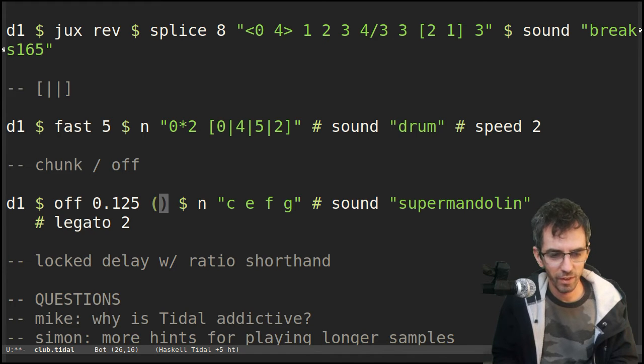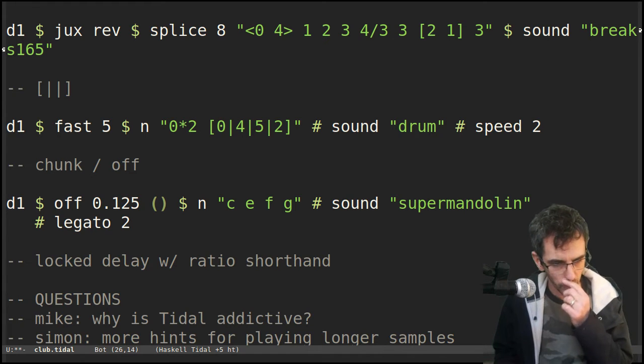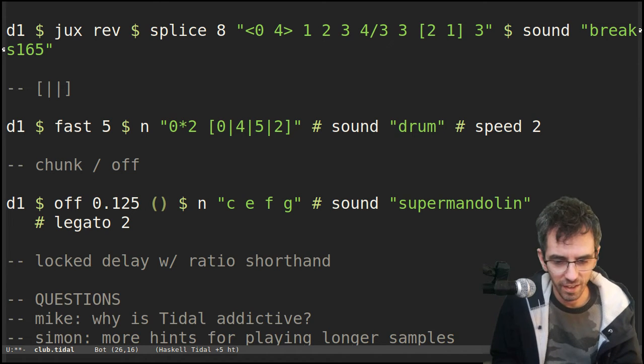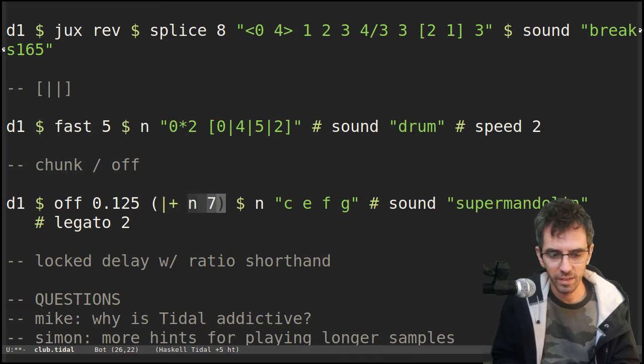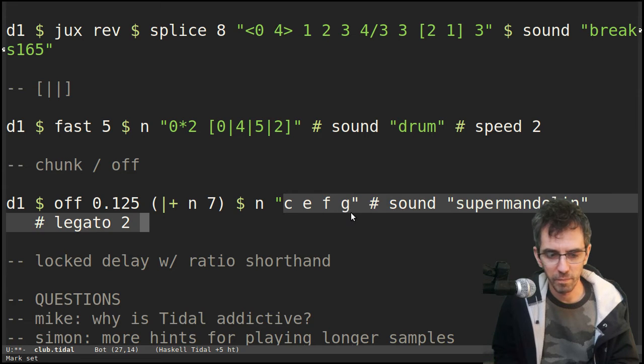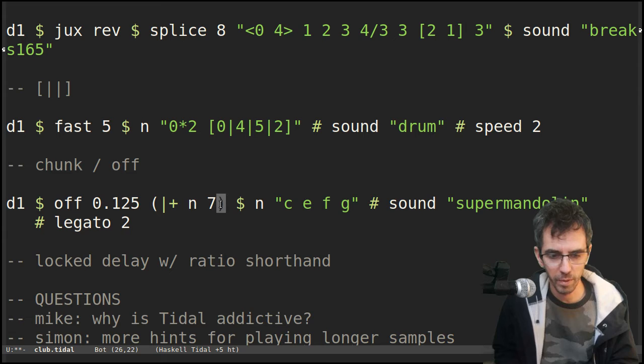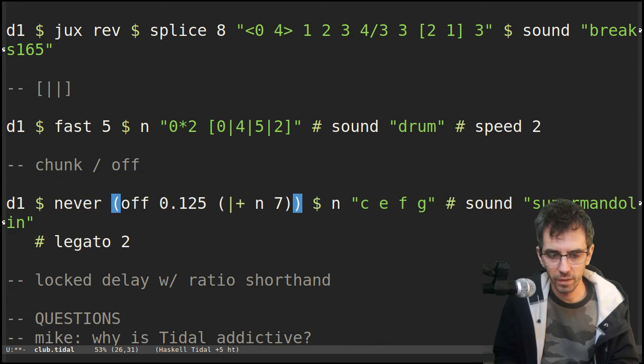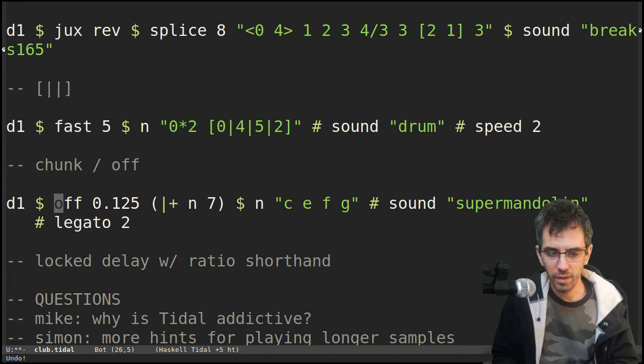So if I offset by 0.125, which is an eighth, then I just say add 7 to n, to the note. I'm using note names here, but you can mix note names with numbers, no problem. So add 7 to it, and then if I stop that again, you can hear the original still there, but then on top